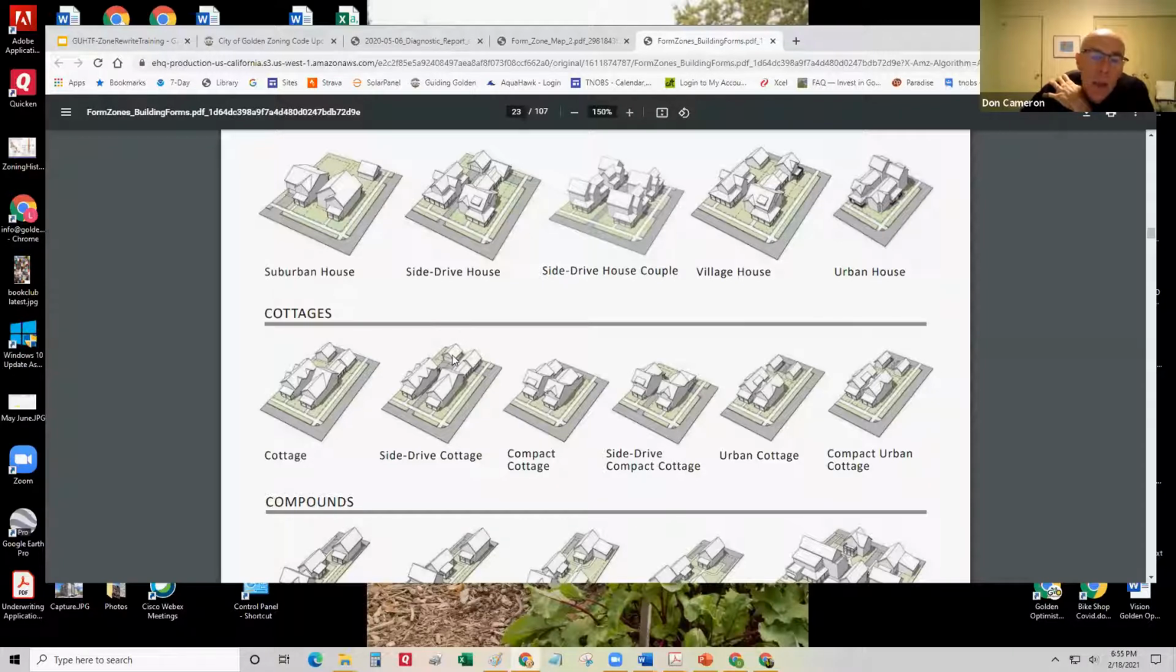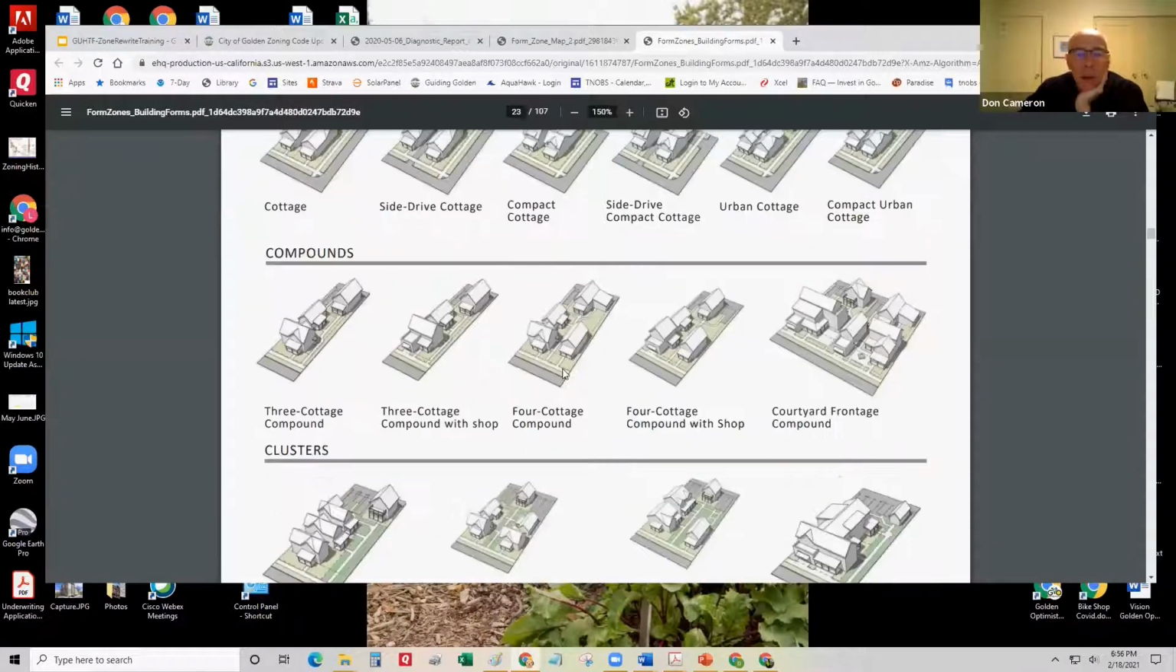And so back to that Fifth and Arapahoe example where there were two properties that already exist, but maybe somebody wants to do a tear down and rebuild. This would be an available option for them, a side drive cottage. It would maybe be bigger than what exists, but still fits in. Whereas a compact urban cottage, it's no off-street parking and just a little denser. Compounds,